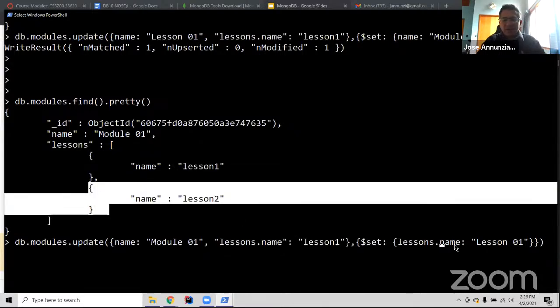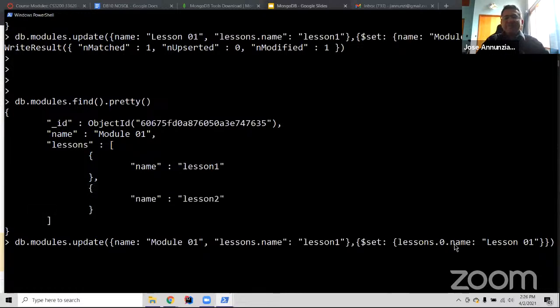Well, you can say here 0, right? You're saying that I am matching the element number 0. So this dot 0 means, since lessons is an array, I'm changing the element in the 0th position, right? So for instance, let me show you. If I do that,